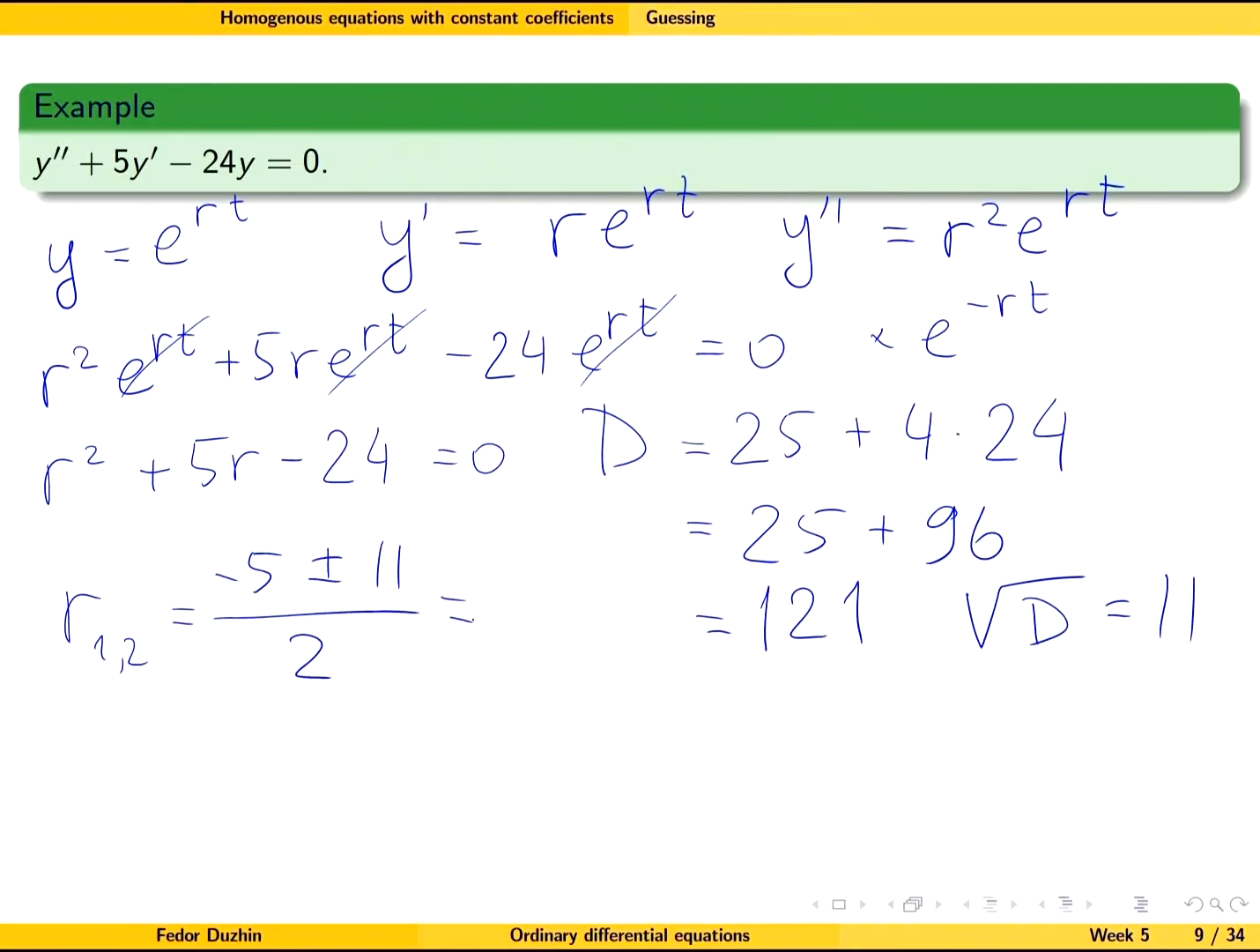So minus 5 minus 11 is minus 16 over 2, minus 8. And minus 5 plus 11 is 6 over 2, 3. So minus 8 and 3. Let's check. Minus 8 times 3 is minus 24, correct? Minus 8 plus 3 is minus 5, correct? So it fits, which means that